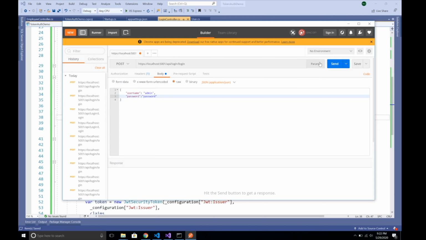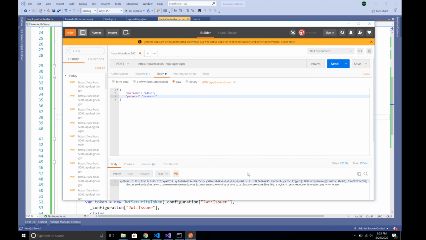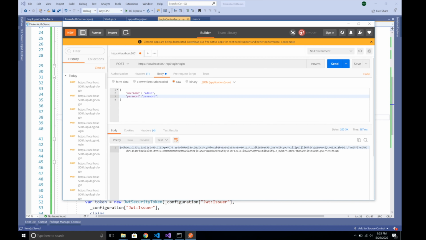So let's click on the send. So we are going to make post request, and we are trying to pass our credentials so that they can be used to generate the token, Jwt token. So let's click on send, and we have got a response here, and this is our Jwt token. So let's copy this,